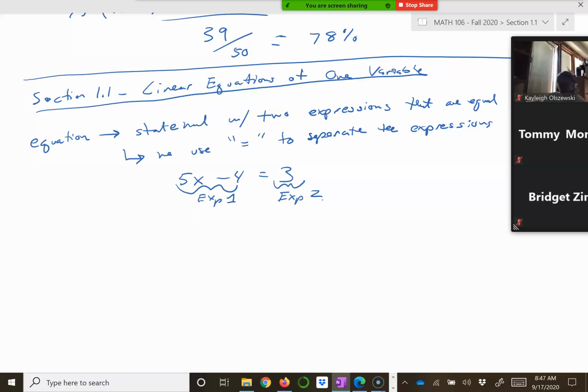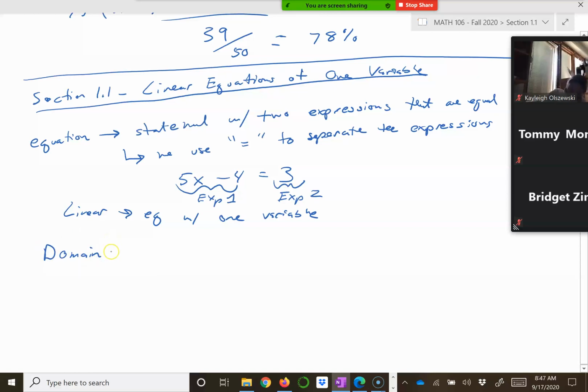All right. So when we define linear, we just mean that's an equation with one variable. And generally the variable we use is x, but really it could be absolutely any variable that you want to use. Okay, so one property